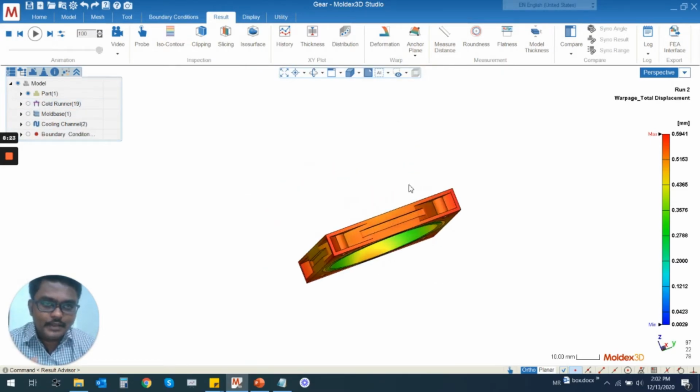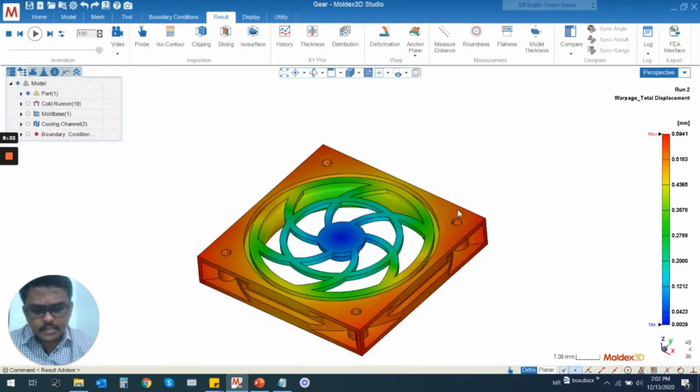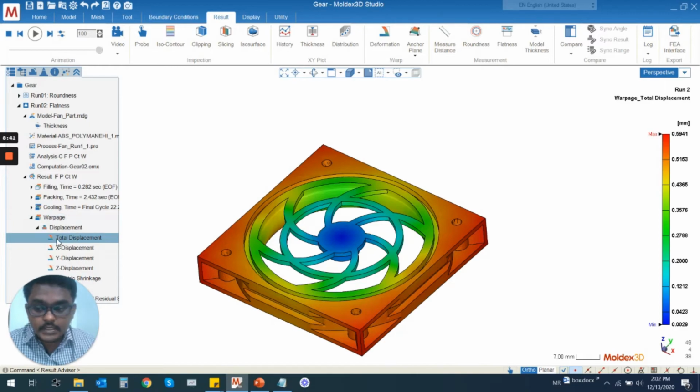That is very important. The checking is a different way, but here we can check the flatness in 1, 2, 3. Within 3 clicks I can get the flatness information. Okay, in this case I would like to measure the flatness of this particular surface. How can I check? See, once again I simply open the warpage results and then open the total displacement results, and then here you can see inside the result toolbar we have the dedicated function to check the flatness. By using this function I can measure the flatness of the particular surface.